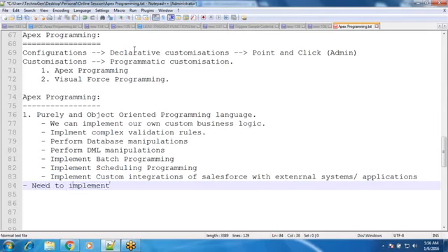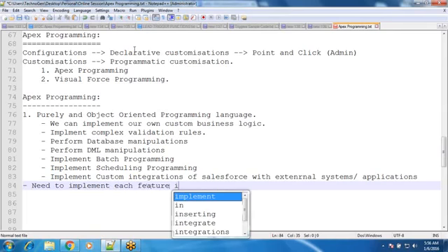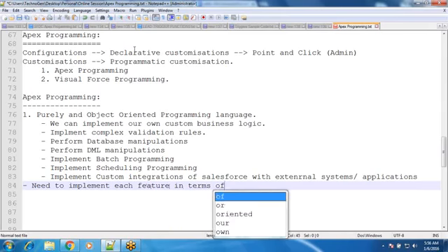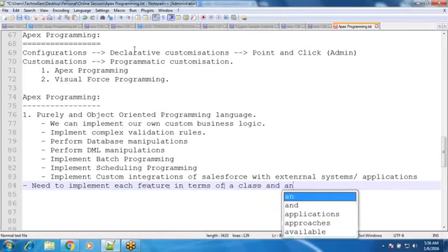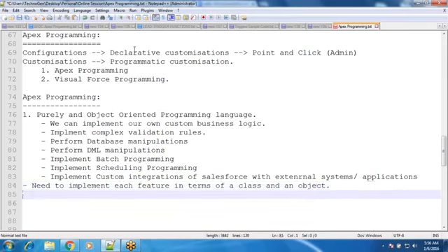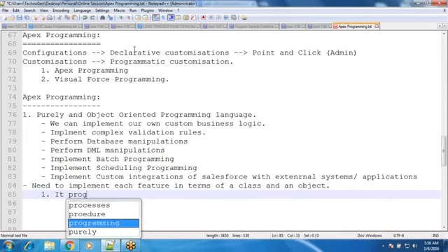Need to implement each feature in terms of a class and an object. So it is providing so many fundamental features to you, like the object-oriented programming language provides